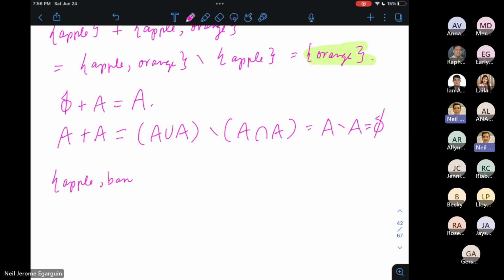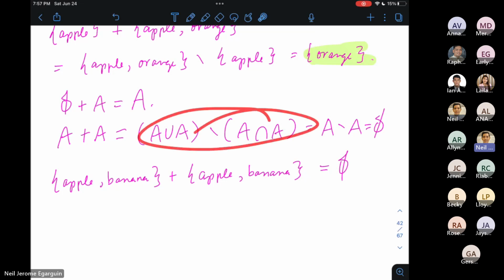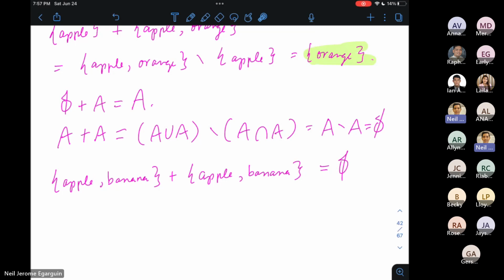How about, say, apple banana plus set containing apple banana? Tingnan, saan to equal? Teka, kung kailangan nyo mag-compute. Empty set, sir. Sino yan? Ian? Yeah, empty set? Good. Empty set siya. Parang bilis nyo mag-compute ng symmetric. Ano ba tawag dyan? Symmetric difference nga ba tawag dito? Kalimutan ko ang tawag dito. May isang term dyan eh. Yeah, but that's correct. That's going to be the empty set.